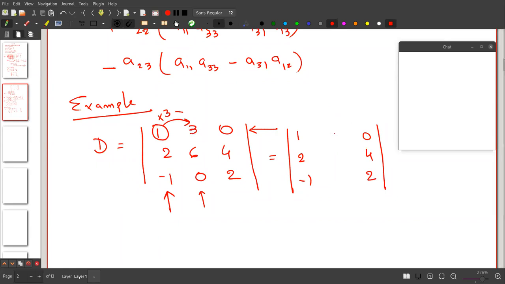So what this will be, 0. We are multiplying 3 into 2 and 3 into 2 and subtracting it into the 6. What this will be, 0. We are multiplying 3 and subtracting, this will be 3. So if I want to calculate the determinant, what the determinant will be, I'll take this row, because the two elements are 0 here.